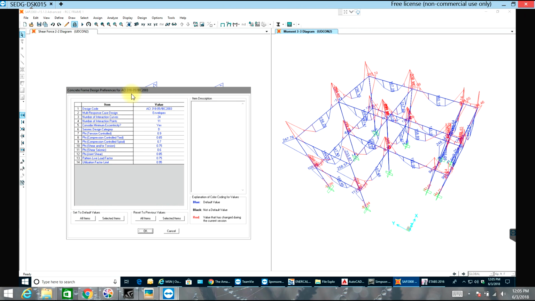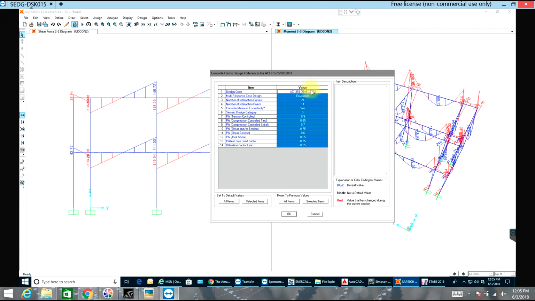Okay, these are preferences, whatever the code you want. Like if you are for Indian code, then you just need to select the Indian code IS456, as you know it. Whatever the code it is, you select it. I'll select ACI 2009, and